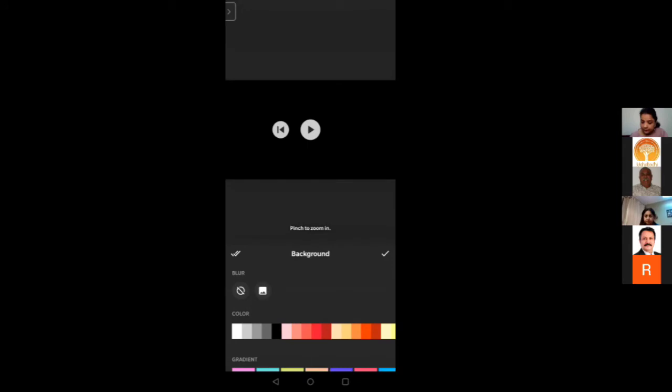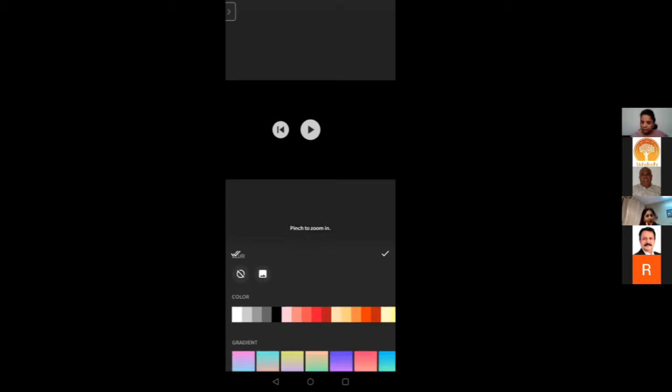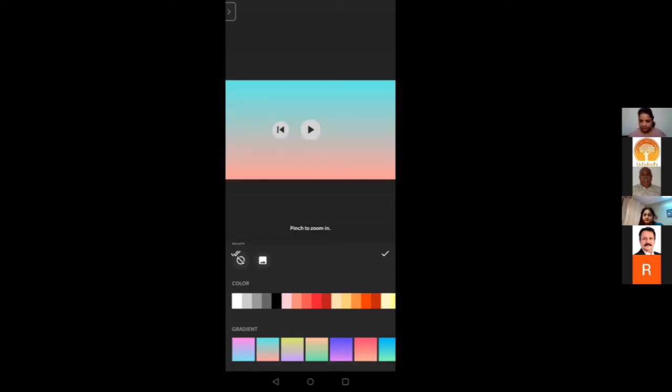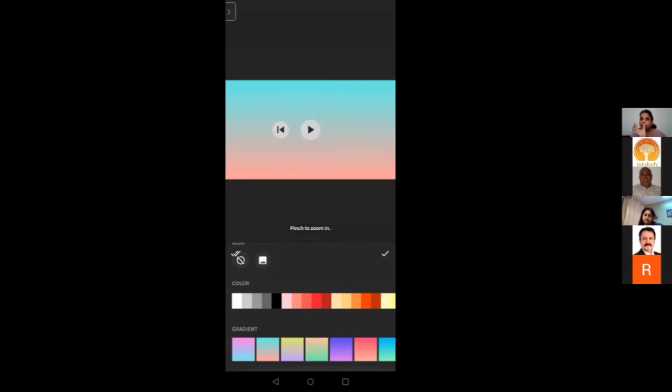If you don't want it, then there are options. So you have color and you have gradient. Okay, so you can choose any color. So that entire black background would get changed to color background or a gradient option. Okay, so what will happen? There is a lag in my network. Just a second. No? I have changed it, but it's not showing it. Yeah. So see, I have selected the gradient option. नीचे से मैंने gradient select किया है. तो क्या है कि मेरा वो screen जो blank था, now it has got a color to it.